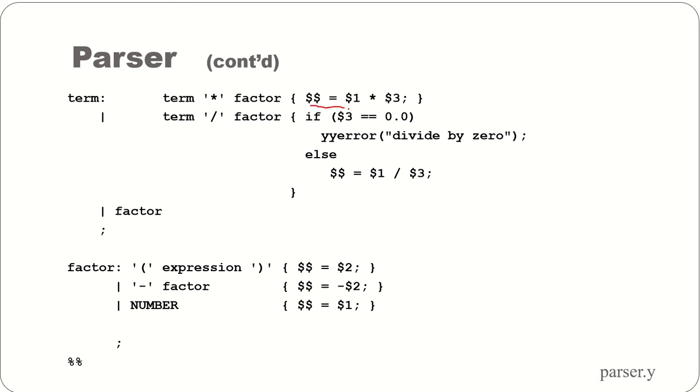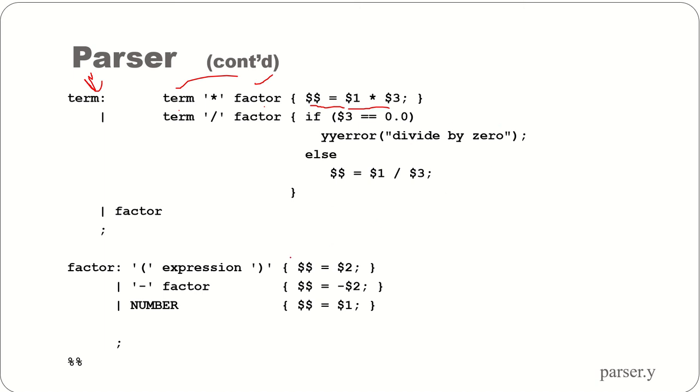Action is here. These are built-in variables of the Yacc tool. Now here, after the colon, first symbol, term and factor. So this is $1, this is $2 and this is $3, which is assigned to $$. We are doing computation here. This particular example works as a calculator for calculating values.